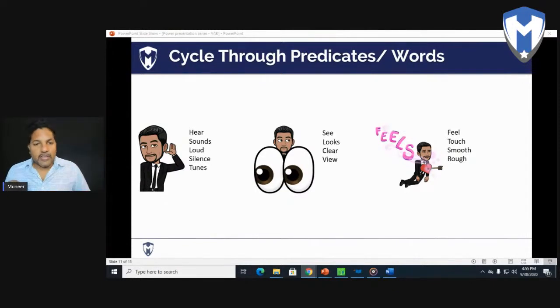If I said words like see, looks, clear, view, crystal, those are all visual words. Then you've also got kinesthetic words: feel, touch, smooth, rough. These are all different kinesthetic words.